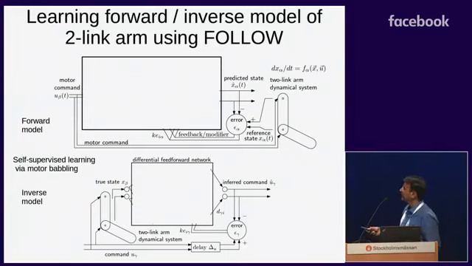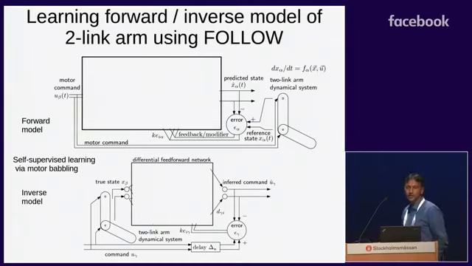So instead of the motor command, now the input is the true state. And here, given the true state trajectory as a function of time, the inferred command has to be learned. You have to infer the command that generated this trajectory. Of course, due to causality, you can only infer the previous command that generated this, so you require a delay here. So you have to compare the inferred command to the slightly earlier command. And again, this error is going to be fed back.